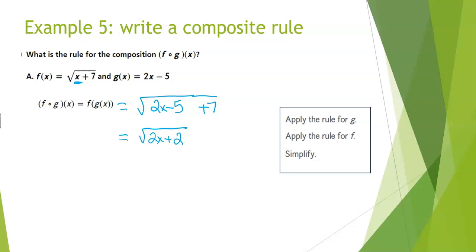Now, what do we know? Here's where we have our restrictions. What do we know about this for the domain? We know this has to be positive. So 2x plus 2 has to be greater than or equal to 0. So 2x, we subtract 2 from both sides, and then divide by 2,